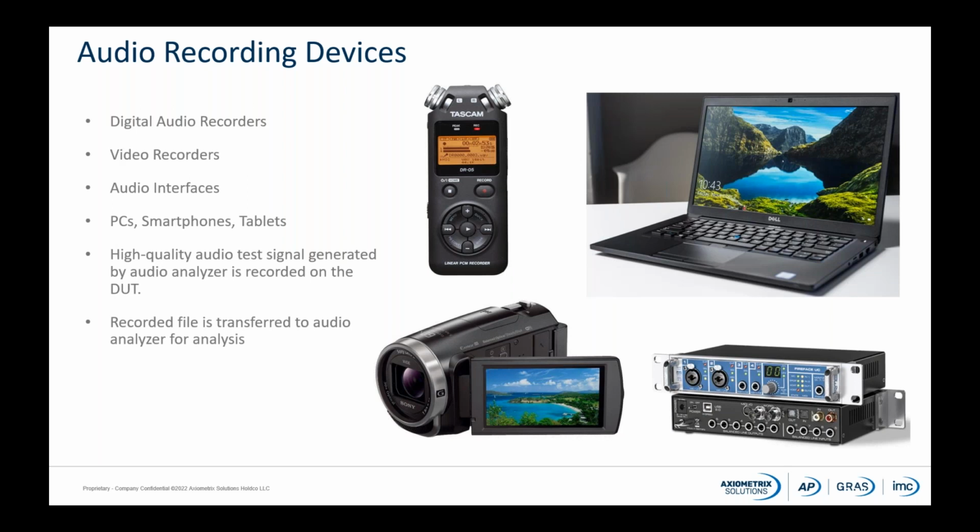To test the record signal path, we first play the stimulus signal from the APX generator into the DUT while recording it to the DUT's file format and media. Next, we move the recorded file to the test system host PC and use file analysis in APX 500 software to analyze the recorded file.